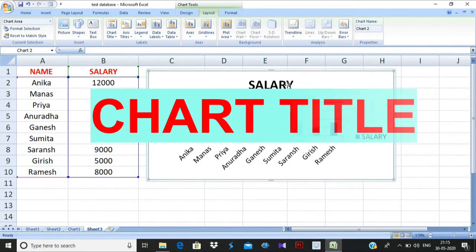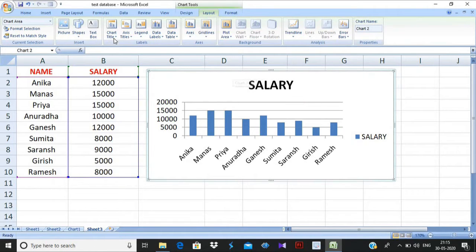Here the chart title is salary. We can insert a different chart title also. For that, first we have to select the chart, then go to the layout option. In your book it is giving the steps for Excel 2016, and I am working in 2007, so there is a little bit of difference. But in both 2016 and 2007, you have to go in the layout option. In 2016 there is an option, add chart element, where the elements are given in groups. You don't have to go to add chart element in 2007.